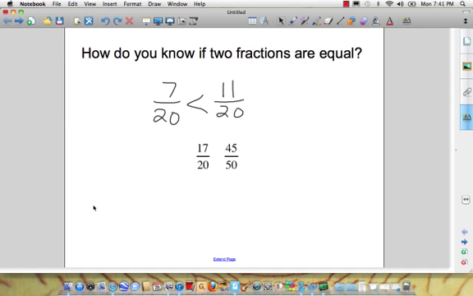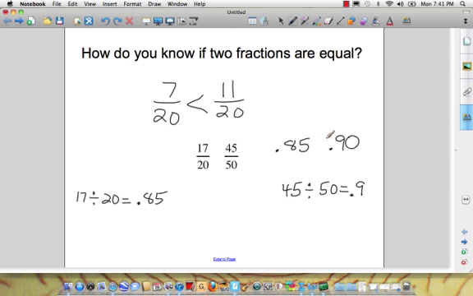One would be to convert them to decimals. If, either by hand or on your calculator, you were to divide 17 by 20, you'd convert 17 over 20 to a decimal and you would get 0.85. On the other hand, if you were to do 45 divided by 50, you would get 0.9. So if you think of these two fractions as decimals, you're being asked to compare 0.85 and 0.9, which of course is the same as 0.90. So you would see that the 17 out of 20 was not quite as high of a score as the